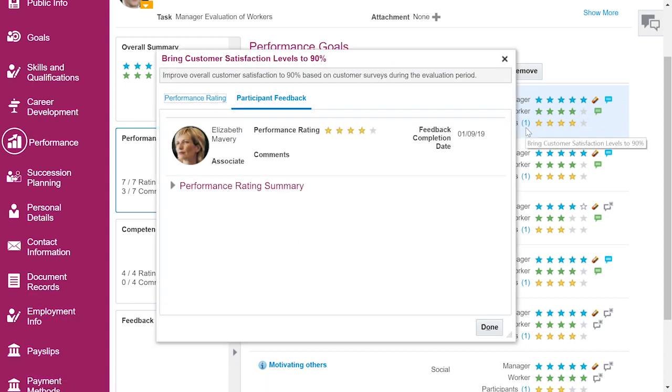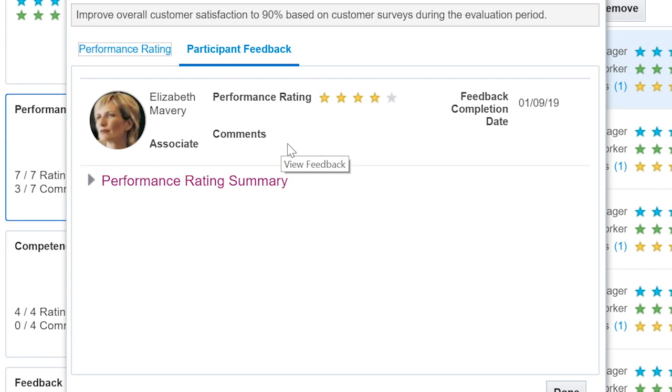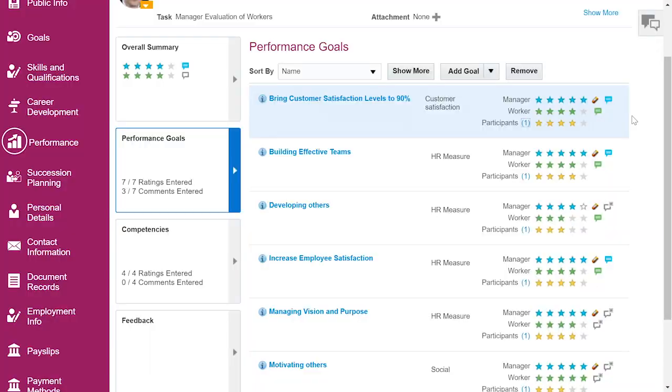If I select this number 1, I can see the individual was Elizabeth Mabry. This is his colleague. She gave him an overall score of 4 in achieving what was needed for that particular objective. By the way, when you create a 360 review template for another person to provide feedback for another employee, you can designate what sections they are able to provide you with feedback on. For example, perhaps you only want them to give feedback on competencies, or perhaps only on a particular goal. That is a goal that may have been related to a project that the two of them worked on together. That's a configuration, and it's absolutely up to you how you would like for that to be included in the